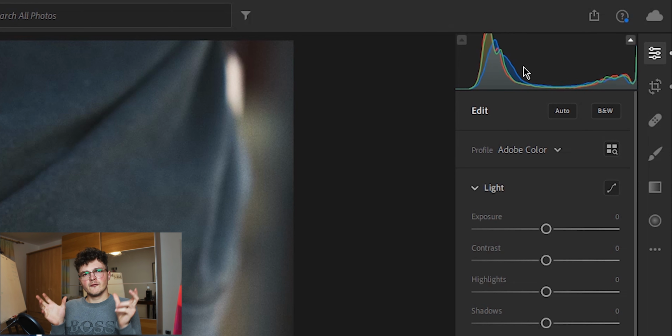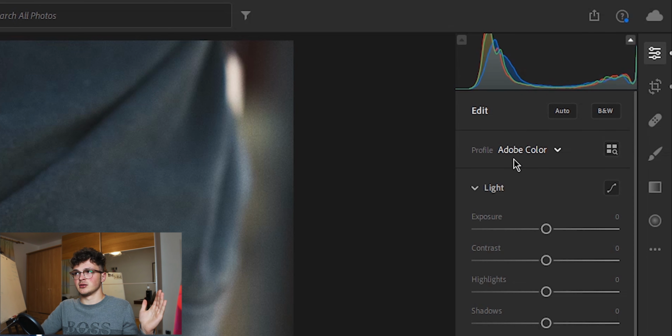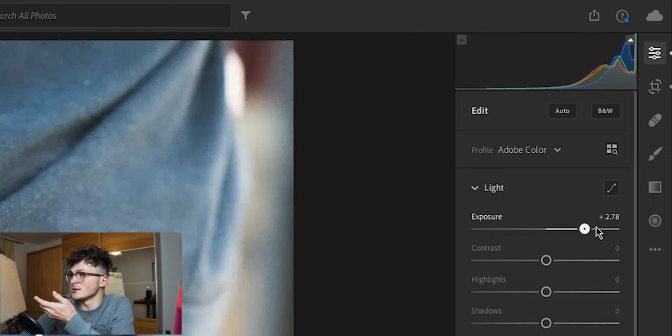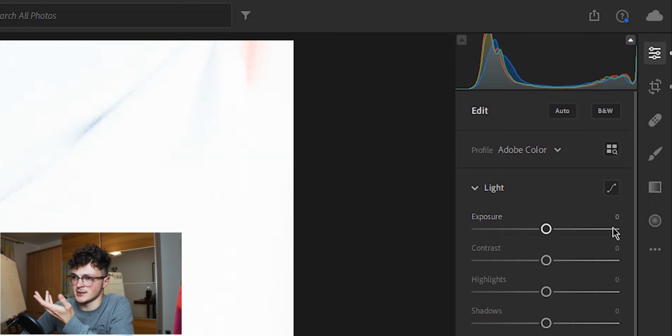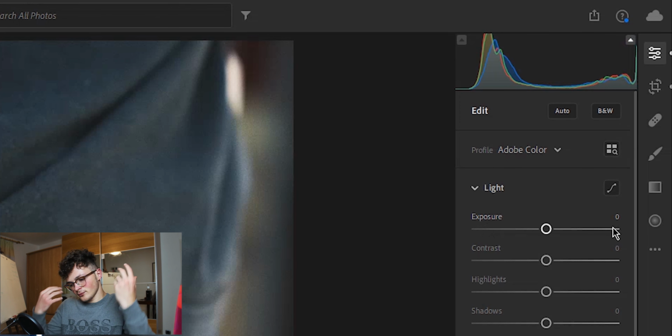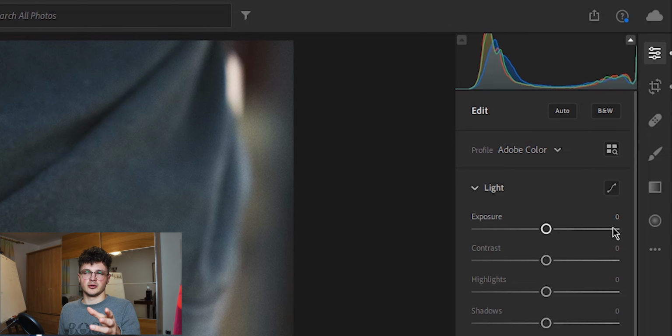So, for instance, think about the left side being the darkest. As you can see, if I take the exposure and bring it down, everything shifts to the left, which means that is the darkest side, and the other side is exactly the opposite, it's the brightest side. So this is used, for example, if you want to print the photo,